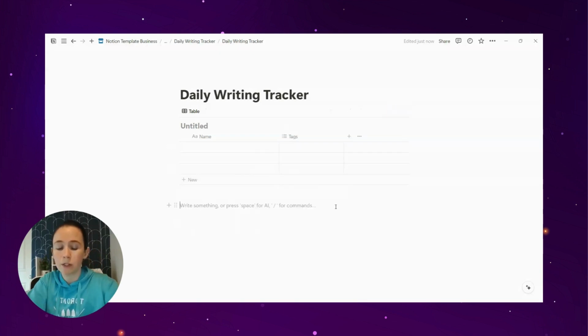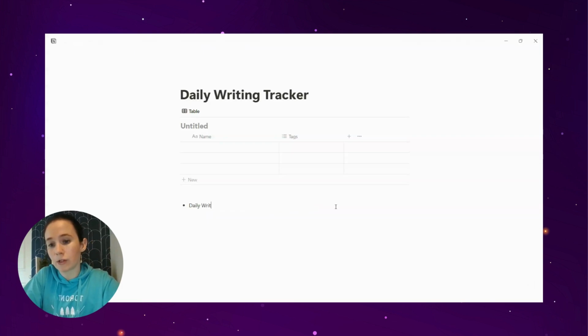So what I'm first going to do is make a list of what I want this tracker to be able to do, because with the way my brain works, I really need to have a concrete list of what needs to happen and my goals, or I'm just going to be sitting here staring at this database, unsure exactly what I want to do. So the goal is a daily writing tracker